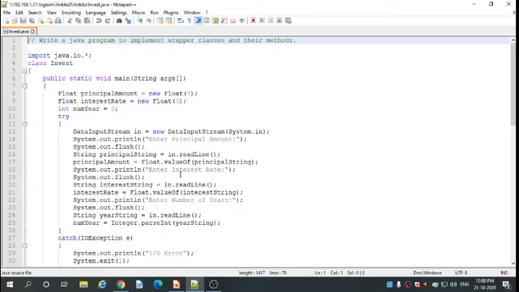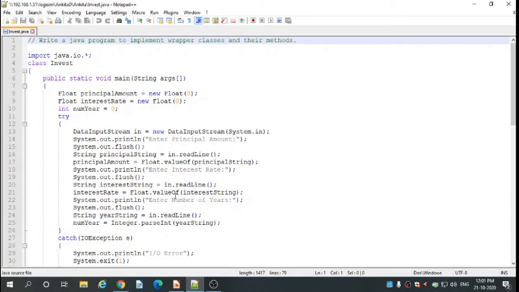Like that, we are reading the interest rate. System.out.println enter interest rate. Then System.out.flush will clean the already existing data. We are reading the interest rate and storing it into the interestString variable.